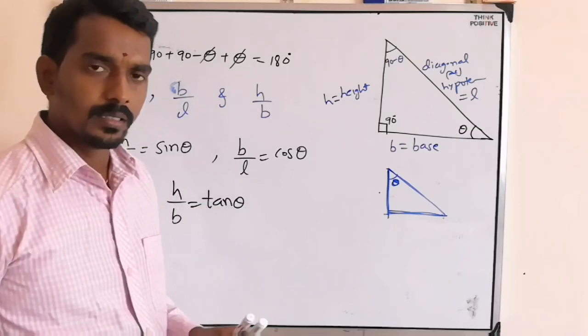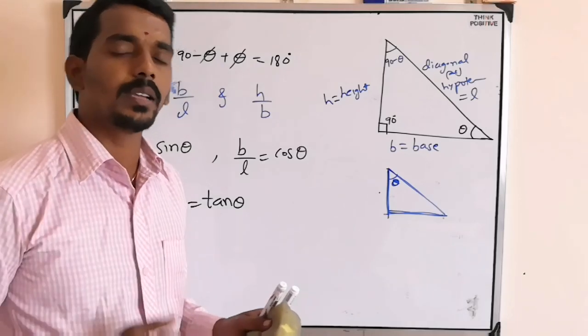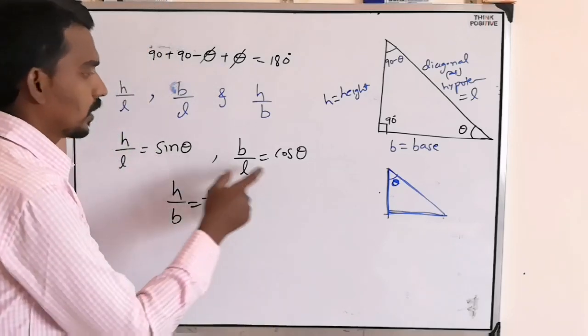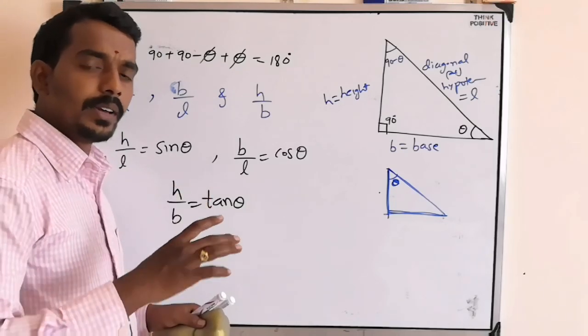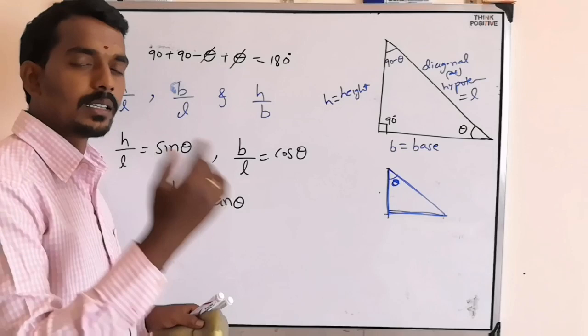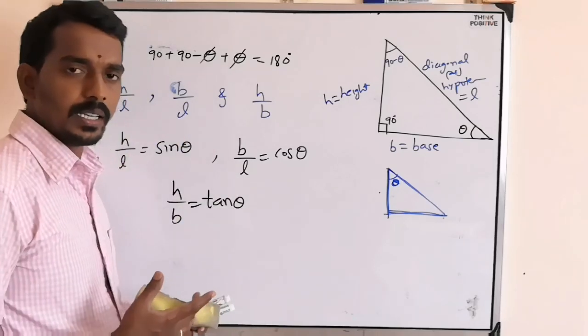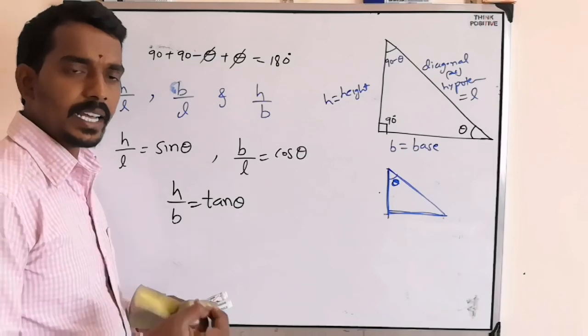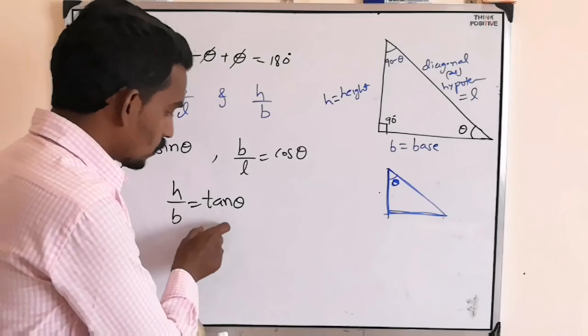And in physics, most of the time, 90%, 95%, we get these two relations. We get the other relations very few times. Even when you consider NEET especially, 99% we get these two relations only. But the other one is also important.